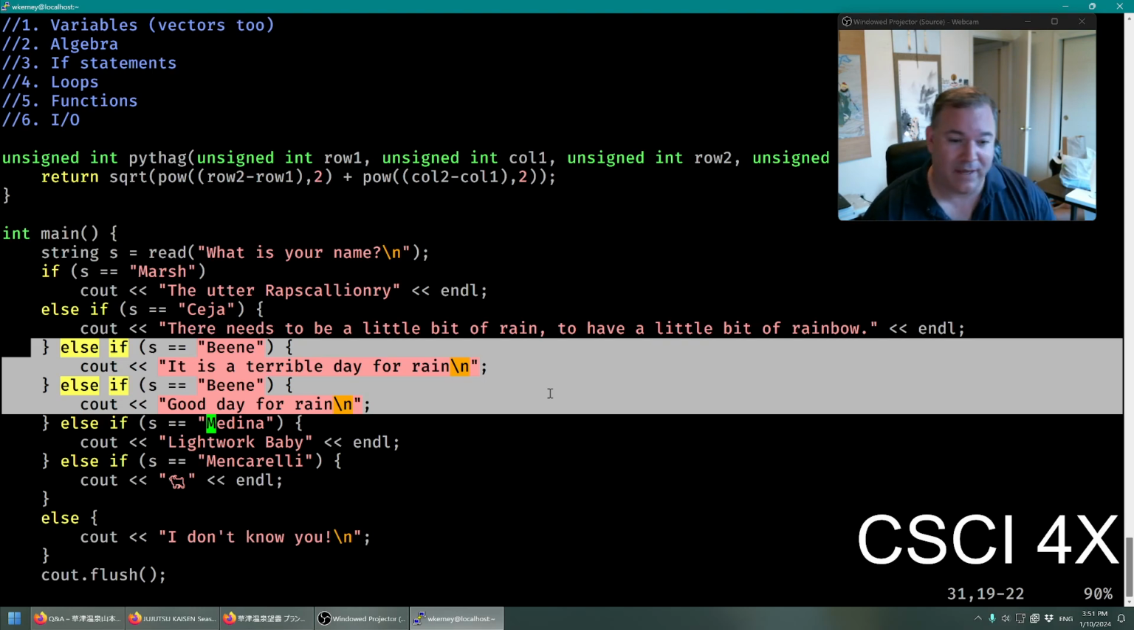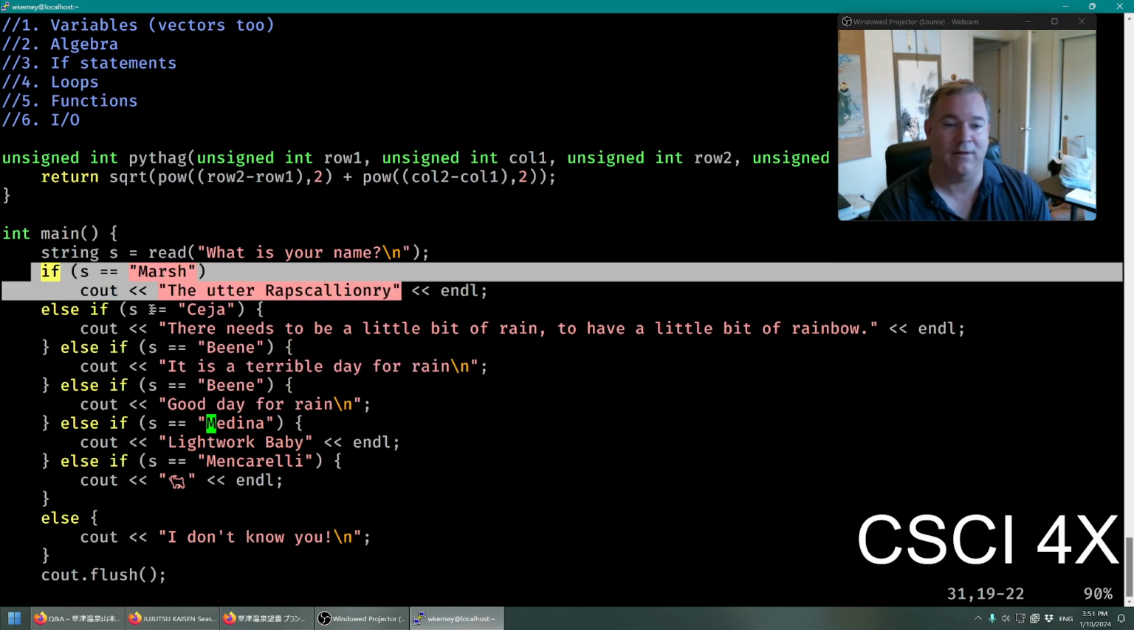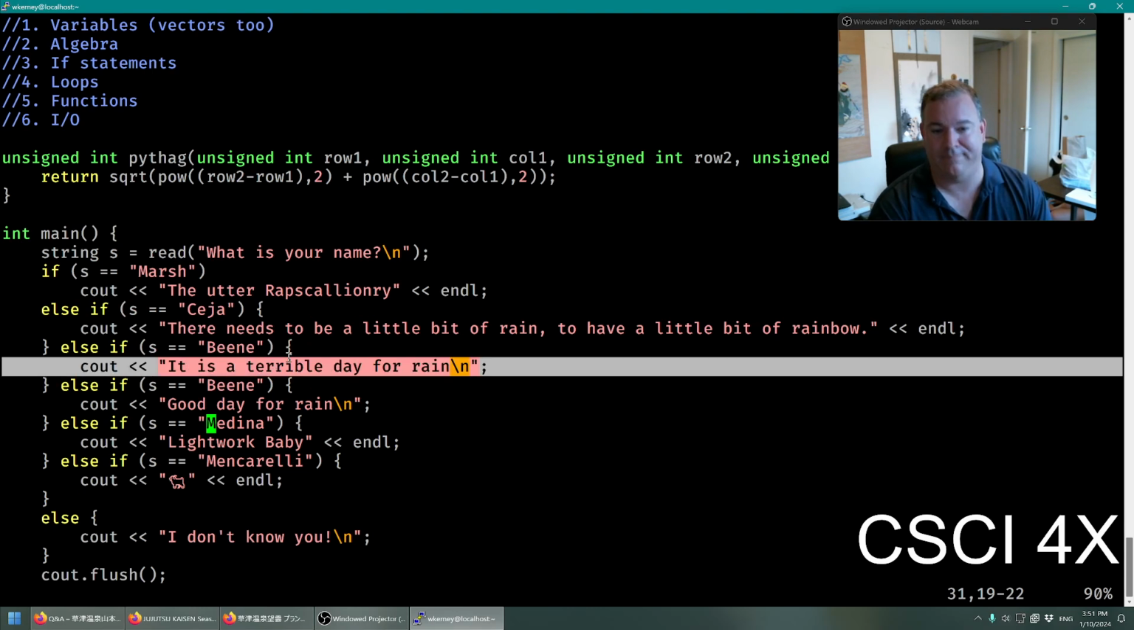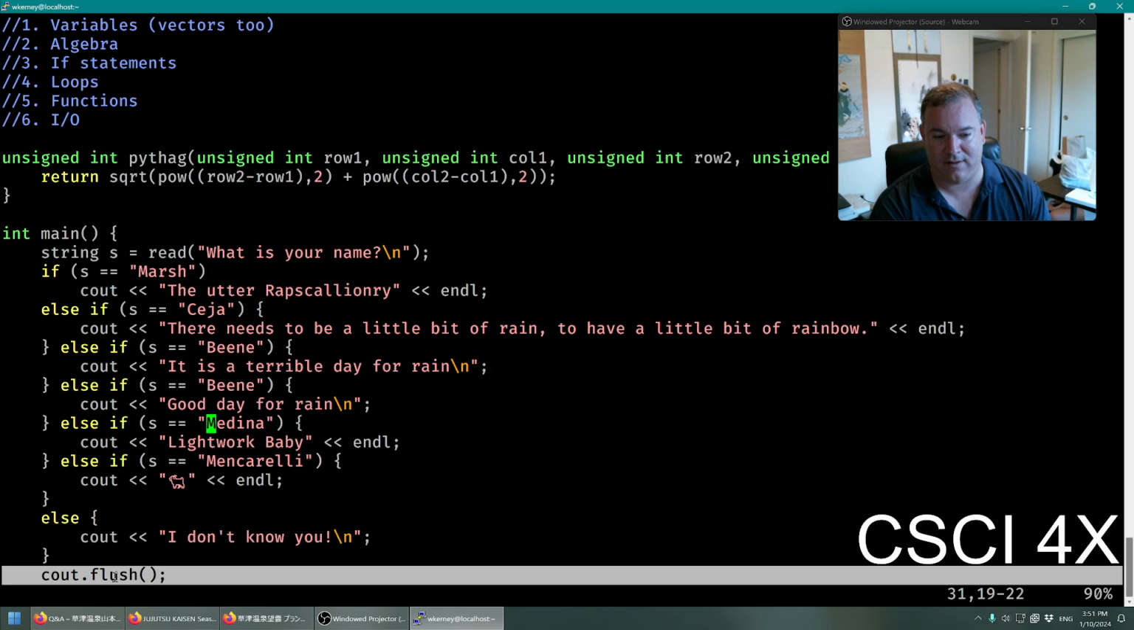It'll be the first one, and then none of the statements after. That is correct. Because when you have an if statement, it goes one at a time. Is it bean? No. Is it bean? No. Is it bean? Yes. So it prints out everything between the curly braces, and then skips over all the rest and does the flush